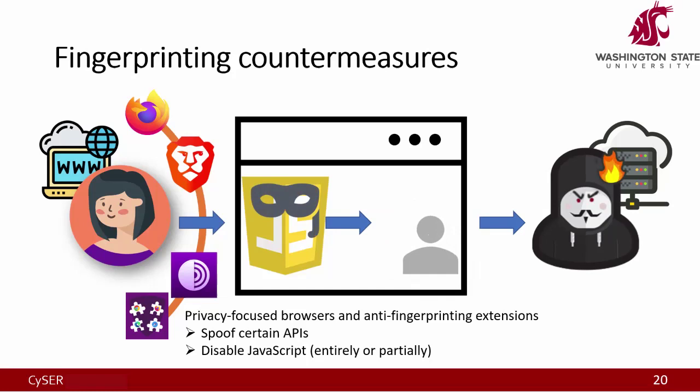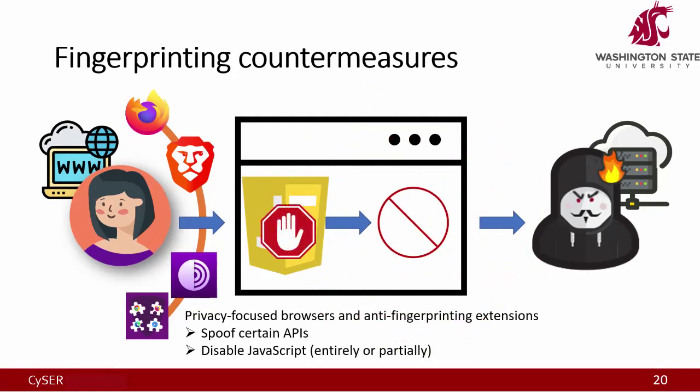Okay, and we can be even more aggressive, we can entirely or partially disable JavaScript. So for example, the Tor browser blocks the certain canvas fingerprinting API, so there's no return value and no fingerprint can be collected. Of course, if we entirely disable JavaScript, it will break the website's functionality. But if we want to maximize our privacy protection, we can entirely disable JavaScript and sacrifice the functionality. Can we